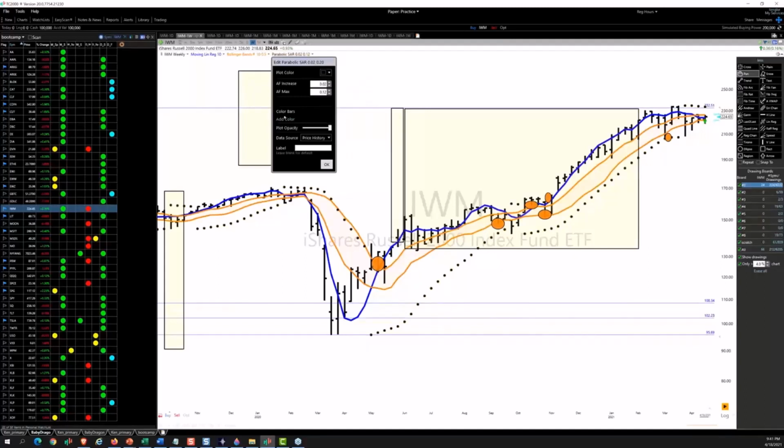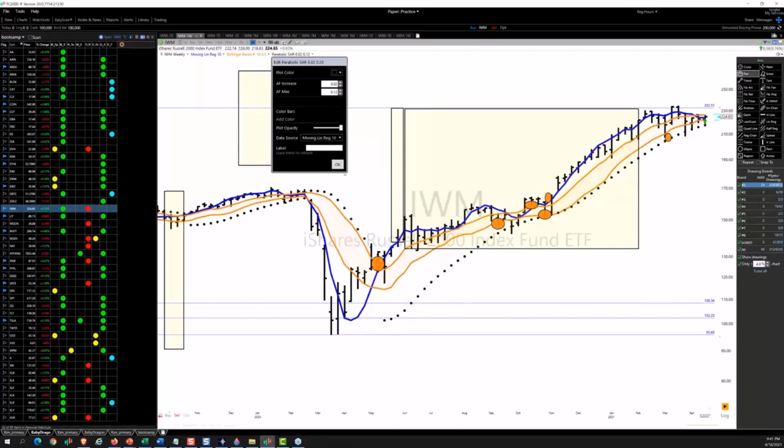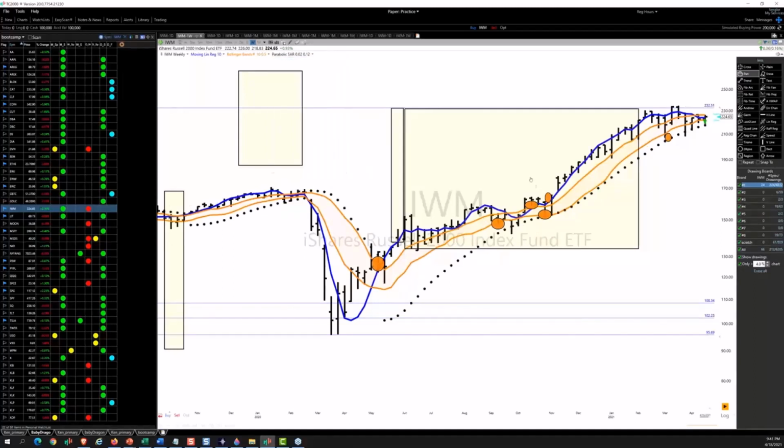Now, what I'm going to do is put the price history on the RL10. Now, look how smooth